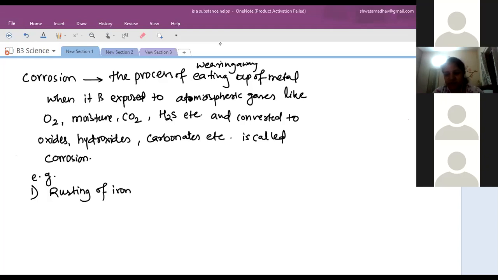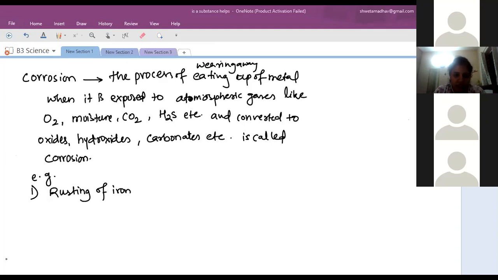So, ma'am, if anything is in solid state, then it can undergo corrosion, right? Yes, even if it's a non-metal, it can be. Corrosion, we don't use a word for that. Okay, that has a different word, but the process is the same, right? Yes.